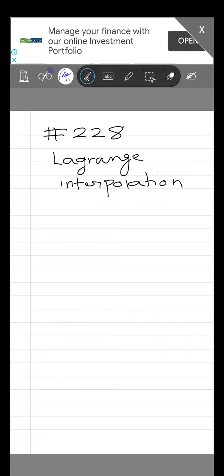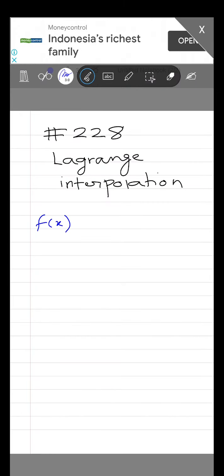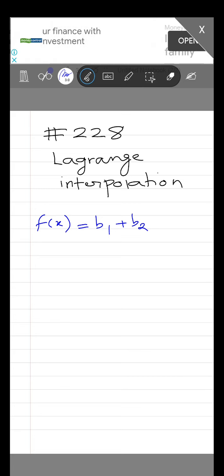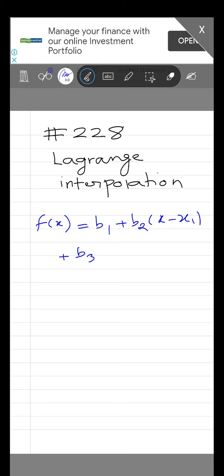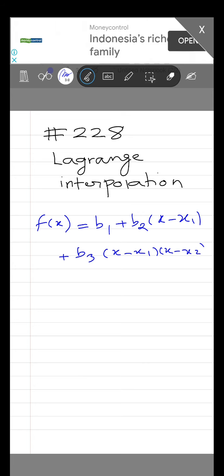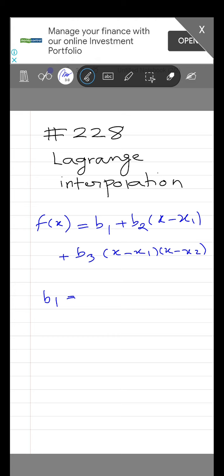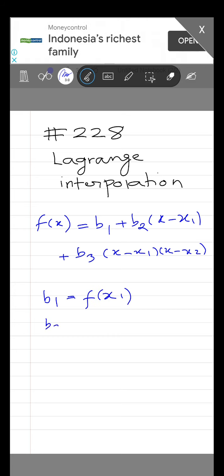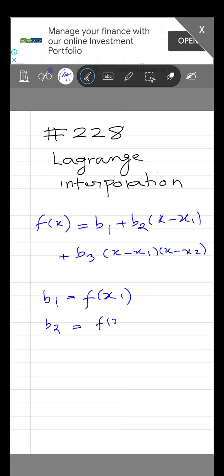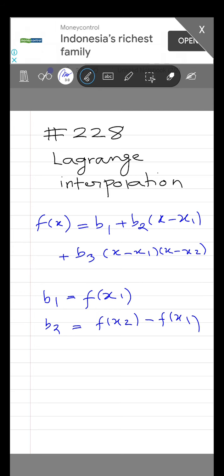f(x) as equal to b1 plus b2 (x minus x1) plus b3 (x minus x1) and (x minus x2), where the value b1 is equal to f(x1), the coefficients, b2 is equal to f(x2) minus f(x1) divided by x2 minus x1,